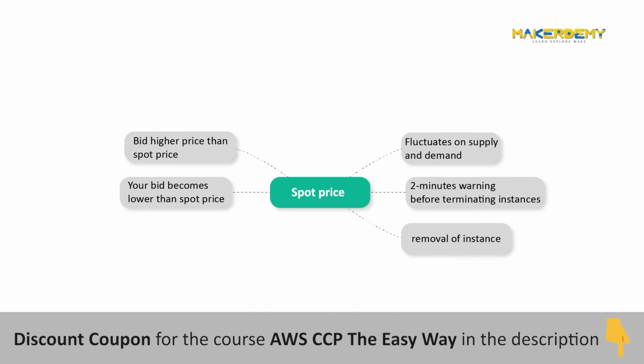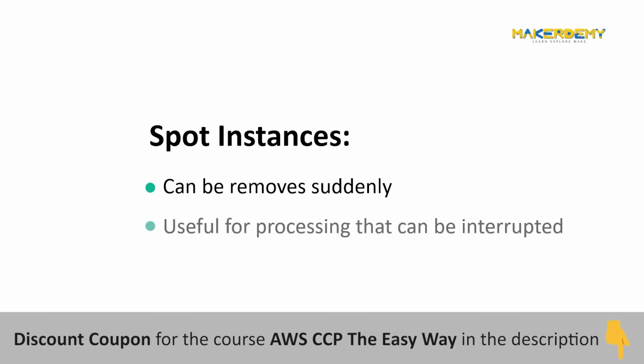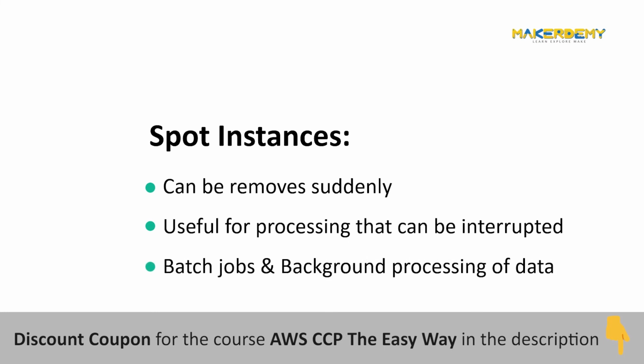The bonus for spot instances is that you can bid for large EC2 instances at a very low cost point, saving substantial costs. Due to the nature of how the instances can be suddenly removed from your environment, spot instances are only useful for processing data and applications that can be suddenly interrupted, such as batch jobs and